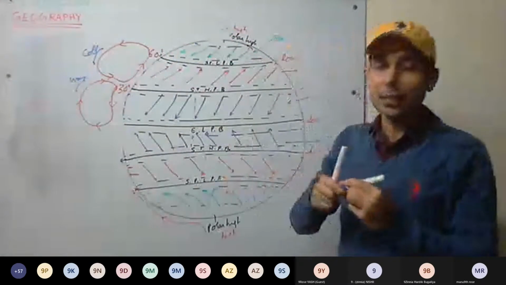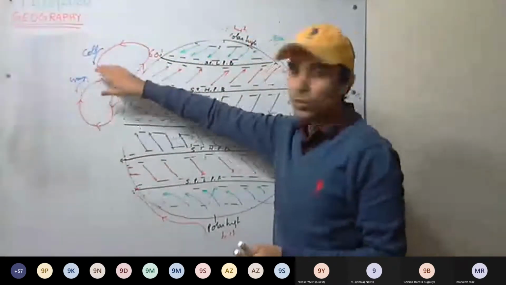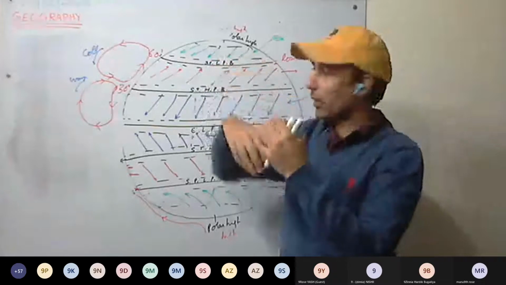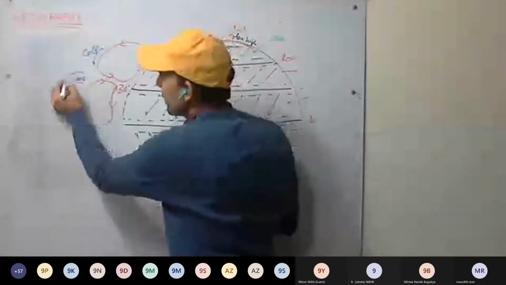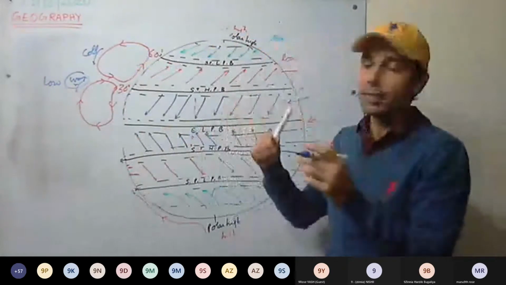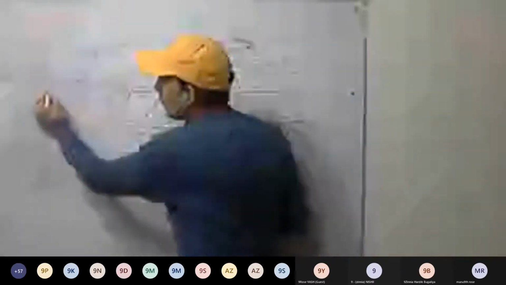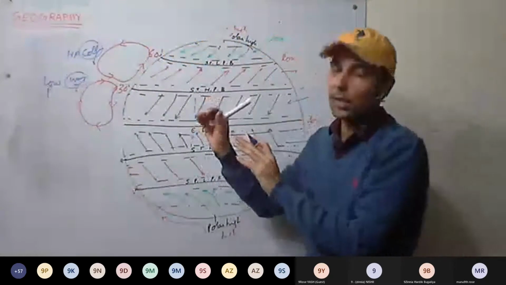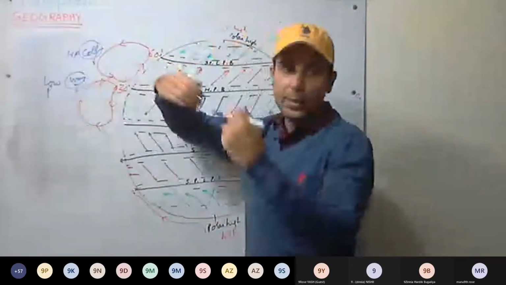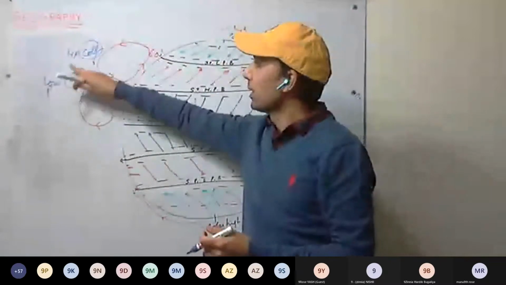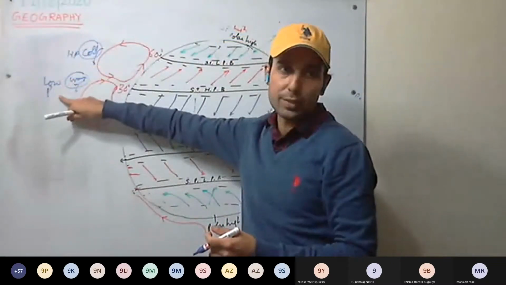So mainly jet streams take place wherever different kinds of wind meet. Very warm and cold winds meet, so there will be a huge difference. See here, warm winds, low pressure. Warm winds are less dense, and therefore low pressure. Cold winds are more dense, high pressure. So when such winds meet, there will be a high pressure gradient between these two winds. Here high pressure, here low pressure.